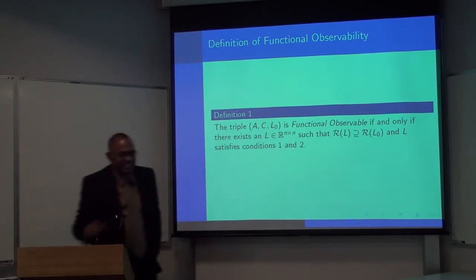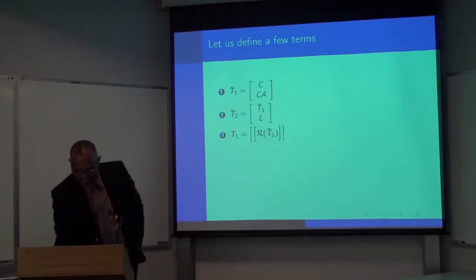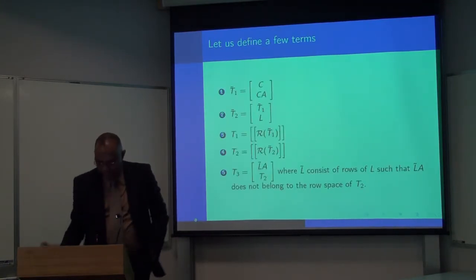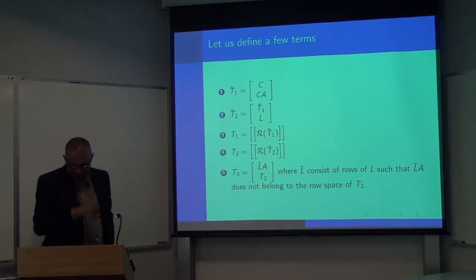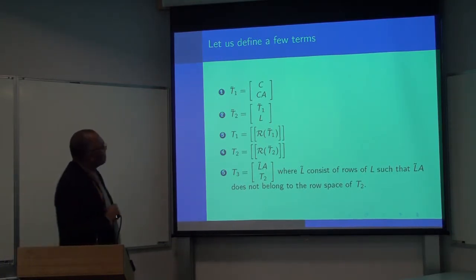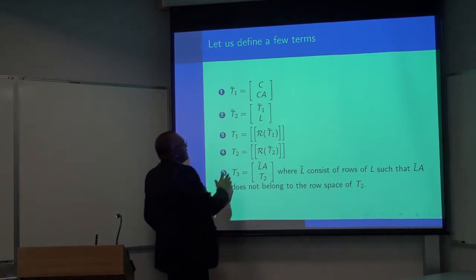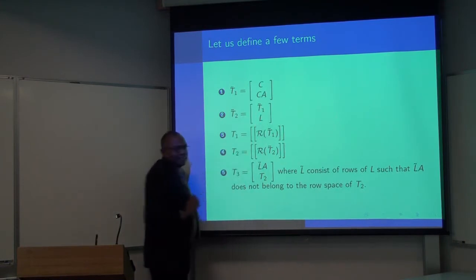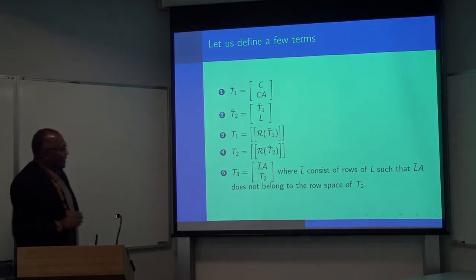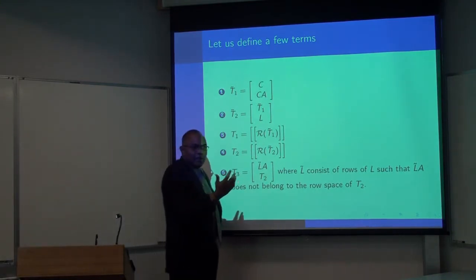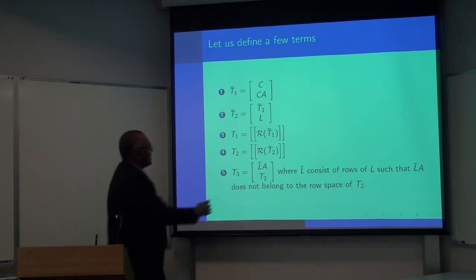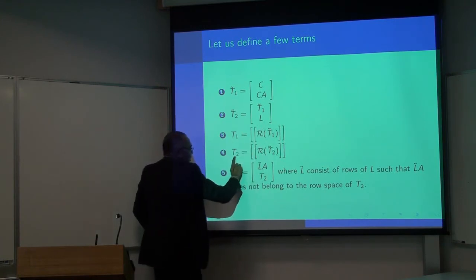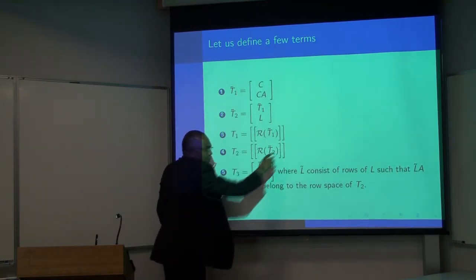Okay. So, I want to define a few terms. T1 tilde is CCA. I don't know why I defined even that, but T2 tilde is CCA and L. So T2 tilde is actually the right-hand side of condition 1. T2 tilde is CCA. And I'll ignore that. T2, put these two square brackets,